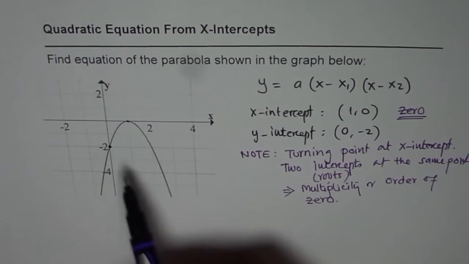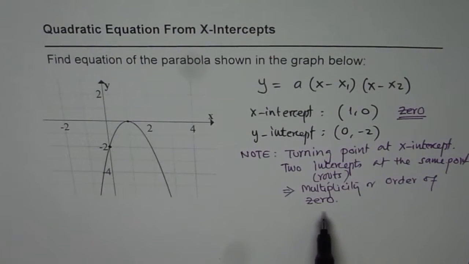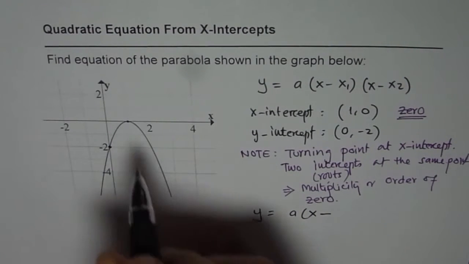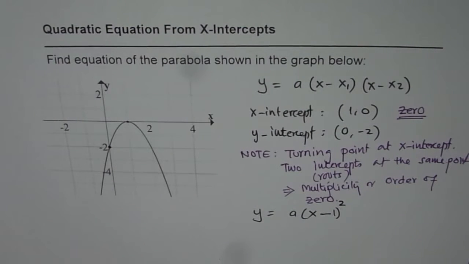So if there is a turning point on a graph at the x-intercept, then it means that the order is more than 1, it is even. So in this case, since we are talking about a parabola, it is 2, right? That is a key thing. Therefore, we can now write the equation as y equals a times x minus 1, whole square. Since there are actually two zeros at the same point,